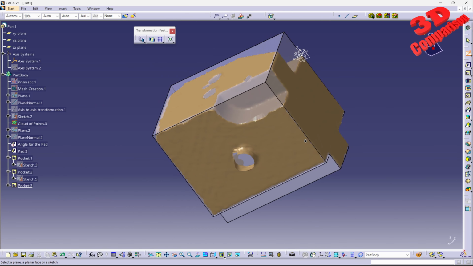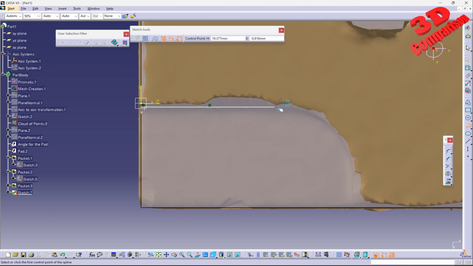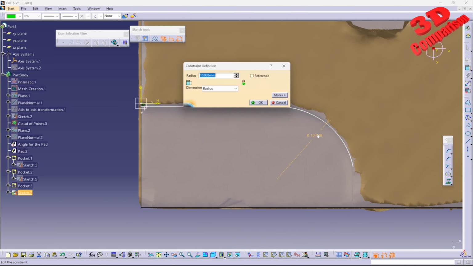I want to go for that inner wall, which will be somewhere over here. Afterwards, I can start with a spline, or I can use a 3-point arc. This will also add a little bit of tangency, but I want this point, the other point, and afterwards I will leave it somewhere over here like this, with a radius of